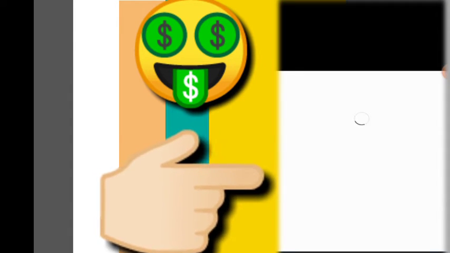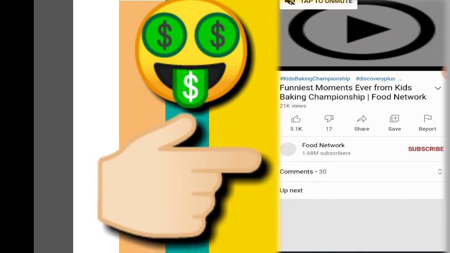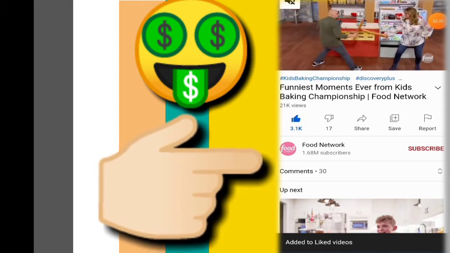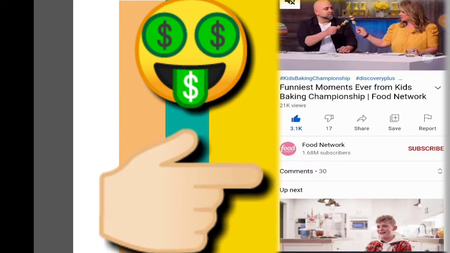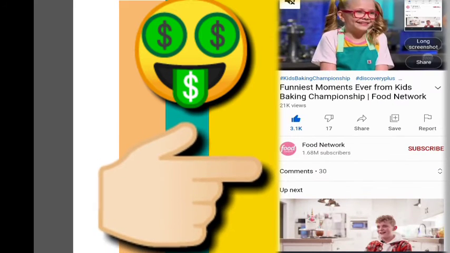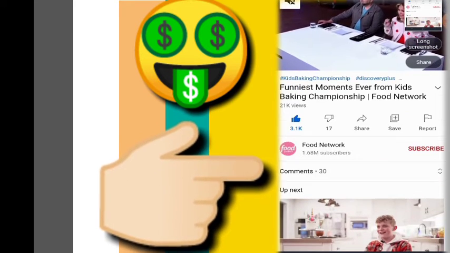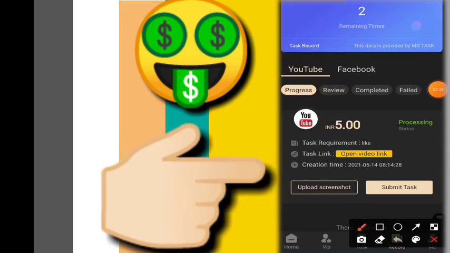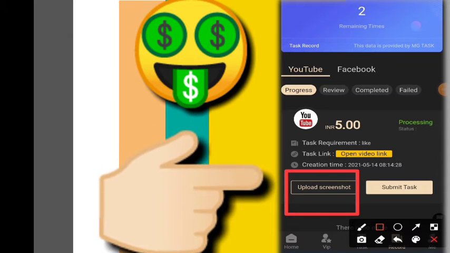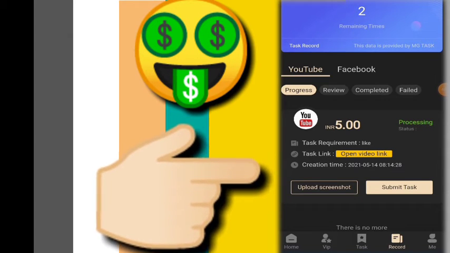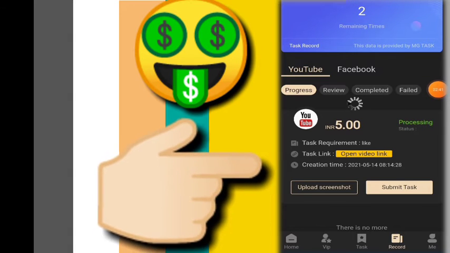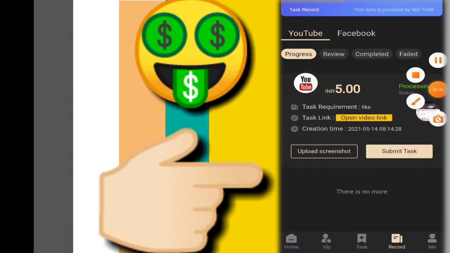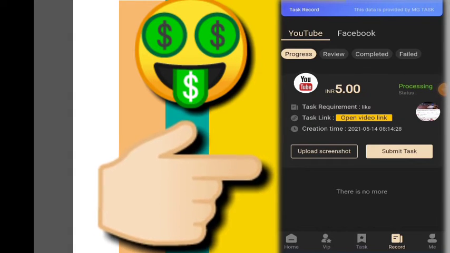we will get rupees 5 for each. Then whenever you click on link, just like it and take a screenshot like this. Take a screenshot easily. So whenever you take a screenshot, just upload it there, and then you will get rupees 5 in next 5 minutes only. Okay, then click here on upload screenshot, and here you need to upload your screenshot. I'm not showing it. Image upload successfully. Then just click on submit task.